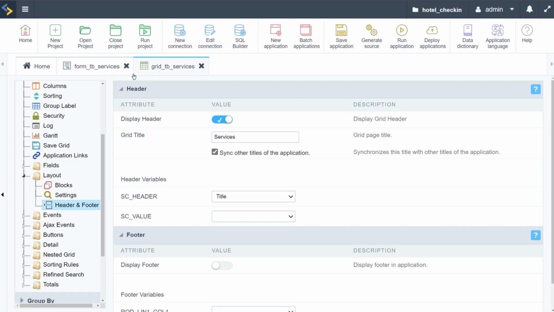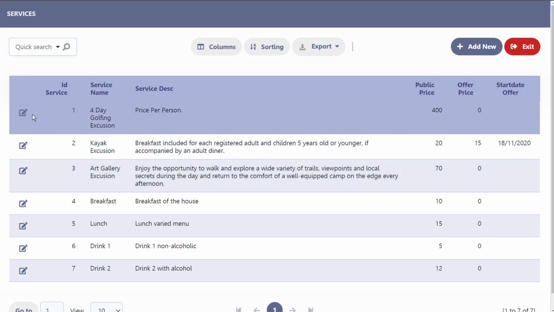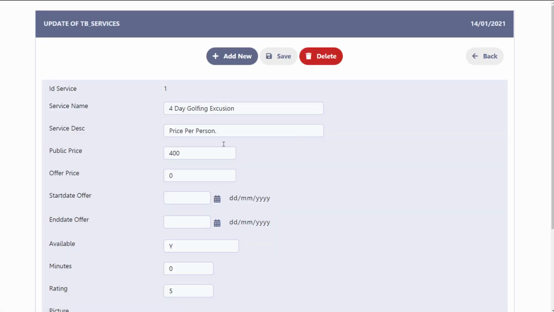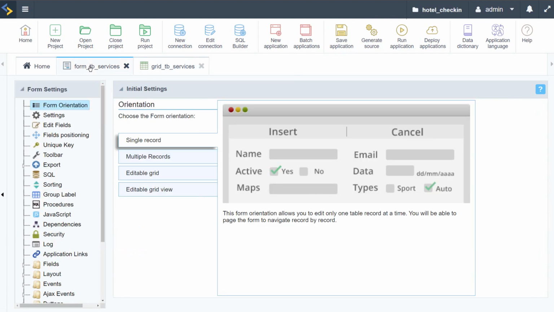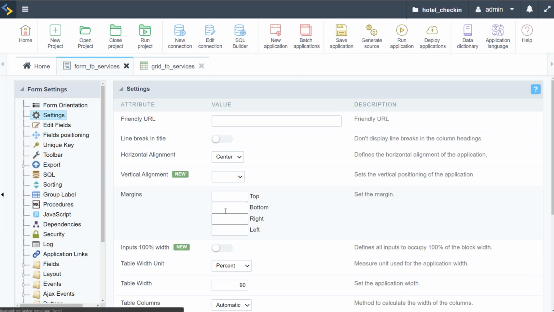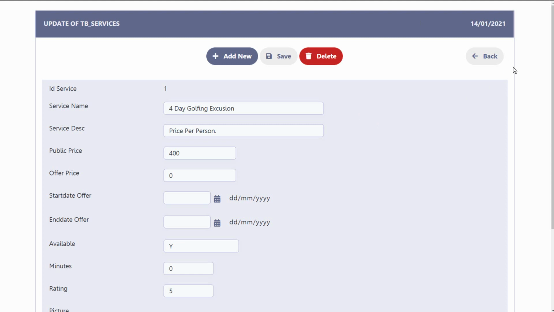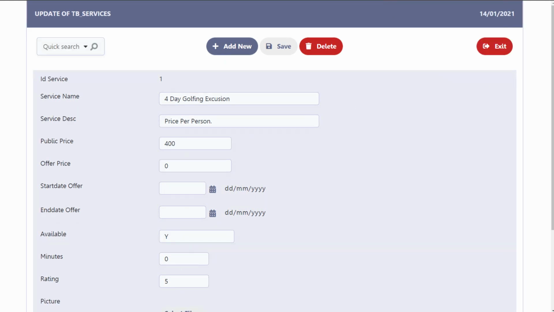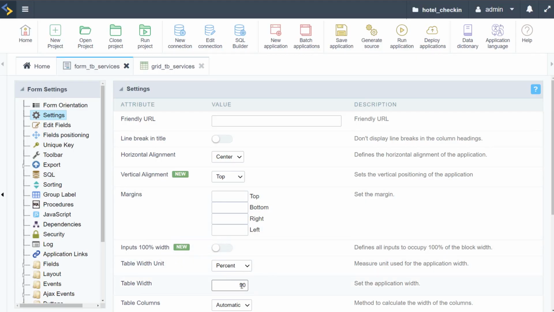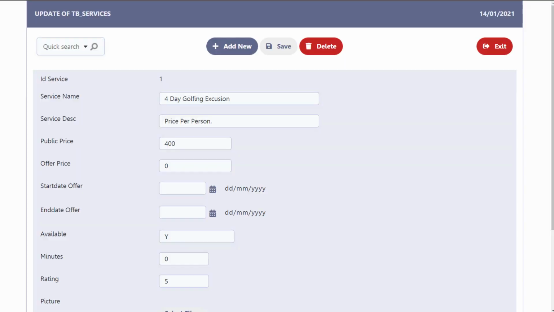Okay, so now what we want to do then is modify here the form. So here we have the form, which we can then edit. So if I come here to the form, and we're going to leave it as a single record. Again, come to settings, set the vertical alignment to top, and if I run that, we'll need to set the width to 100% again as well. Nice and snug to the top, and I'll set here 100%. We then have our form